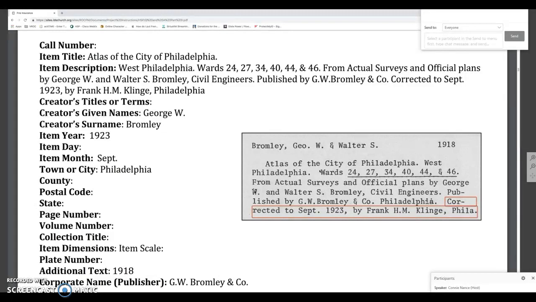survey and official plans by George W. and Walter S. Bromley, civil engineers, published by G.W. Bromley and Company, corrected to September 1923 by Frank H.M. Kling in Philadelphia. So you see we have all those names in there, and those are going to be in other fields, but that's okay. So the creator, the surveys were done by George and Walter Bromley. So we are going to do 2 entries, one for George,